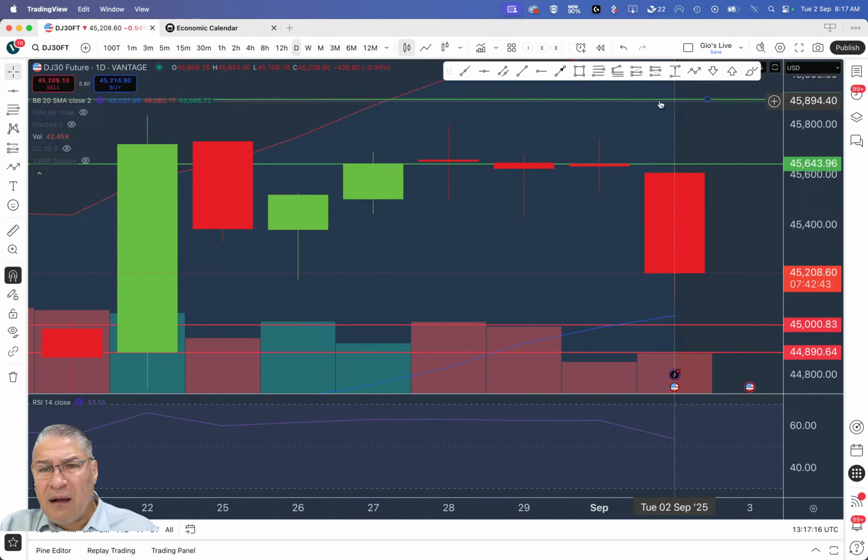Now support, I'm actually going to leave the first level that we have here as my first level of support and see if we do happen to penetrate that. And then the moving average or the medium, which is where yesterday the market actually reversed from.